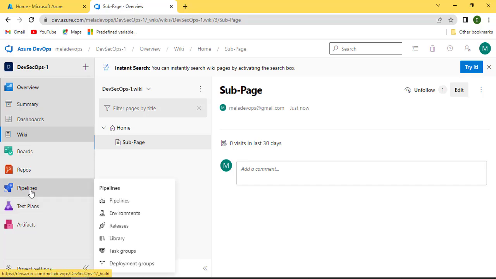This wiki is basically not for personal use. It is for project related documentation. You can put it over here. Confluence is also exactly the same thing. In Confluence, you create a page for yourself which you can share across, and how you want to use it is up to you.